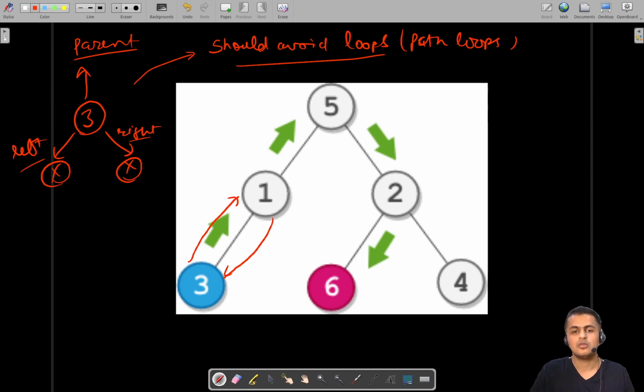Okay, but now the problem arises that we were given only the start and destination values, not the actual nodes or addresses or the references. The start value was given to us and the destination value was also given to us, but we were not given the actual references or the addresses of these nodes. So for that we have to find the actual references or the addresses of these nodes in the